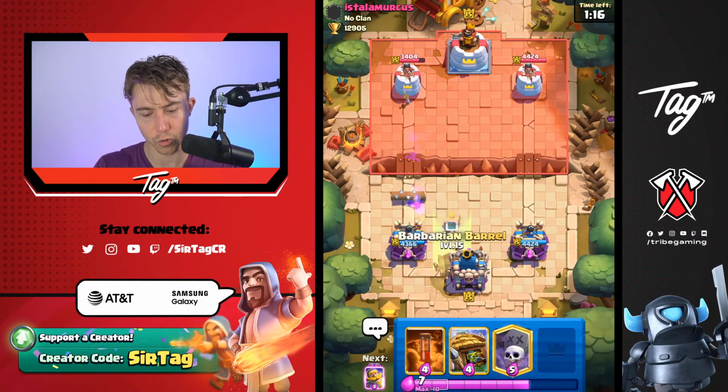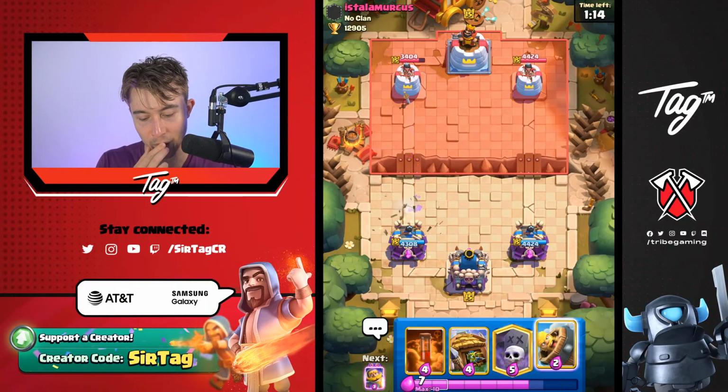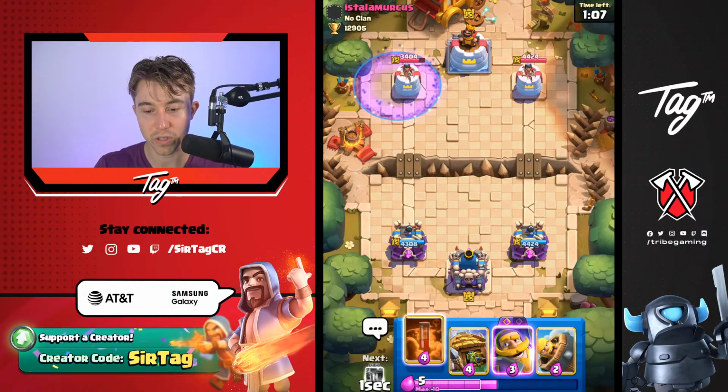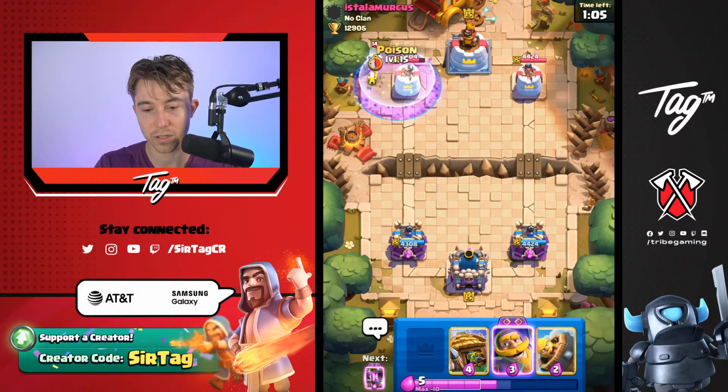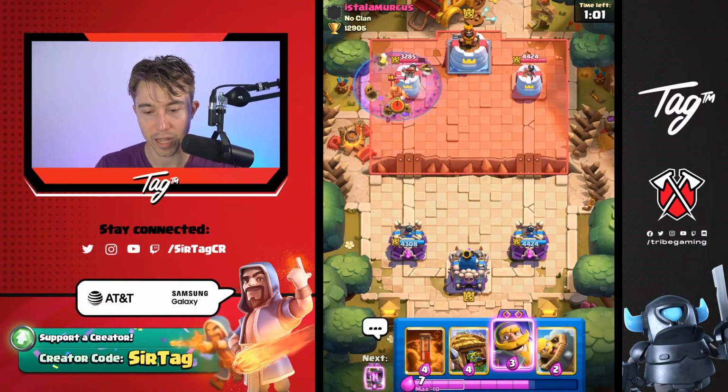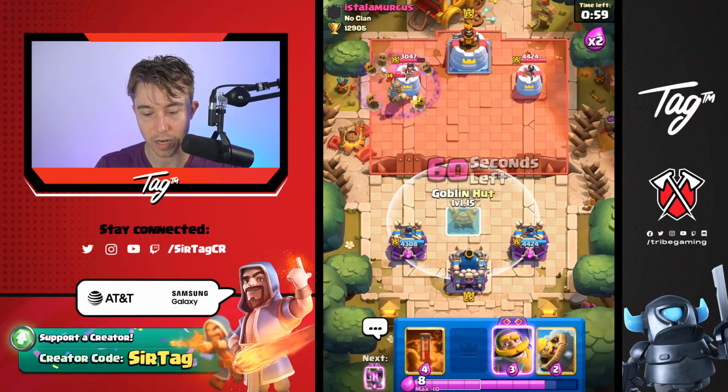Could also go for, like, Graveyard, since it is double elixir ramping up. But honestly, I think with this card cycle, I'll probably Graveyard and just solo Graveyard. And then I can poison any support card that he drops, like Bats or Goblin Gang or anything. It's okay to go for a Graveyard by itself and get some damage and not overcommit, just to correct your